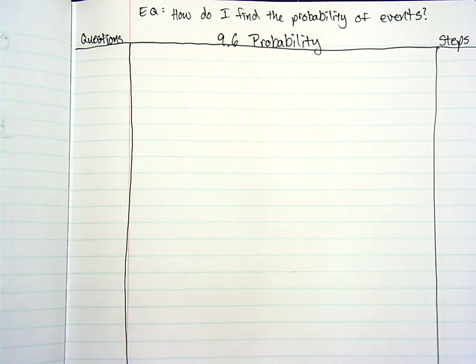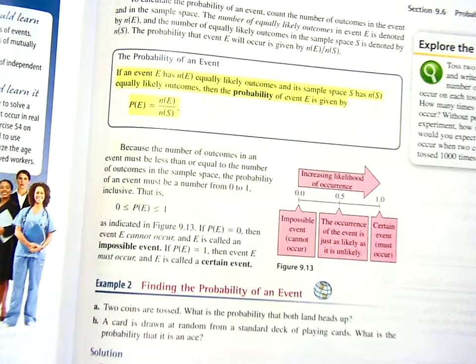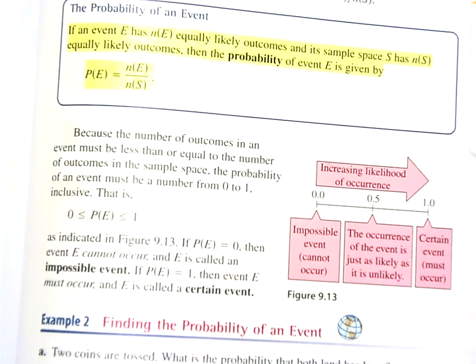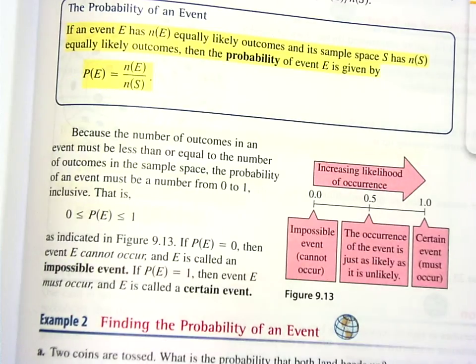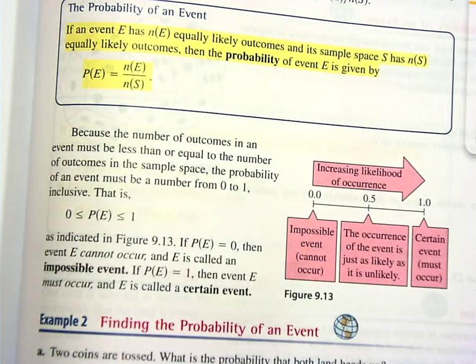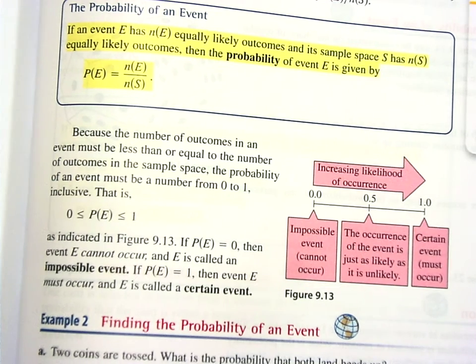Okay, so the first one we're going to look at is this one that says the probability of an event. So here it reads, if an event E has n(E) equally likely outcomes, and its sample space S has n(S) equally likely outcomes, then the probability of event E is given by all of that. Now, all of that actually makes it a little more confusing than it really should be, but essentially what we're